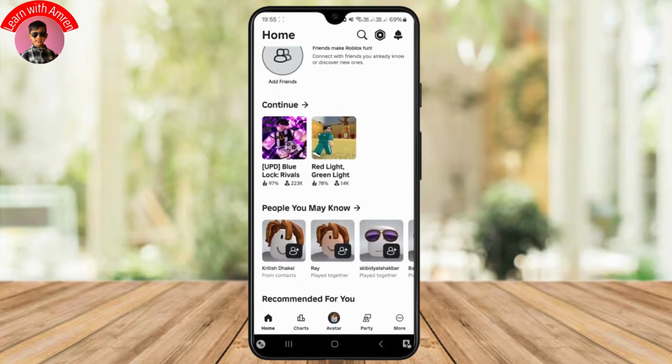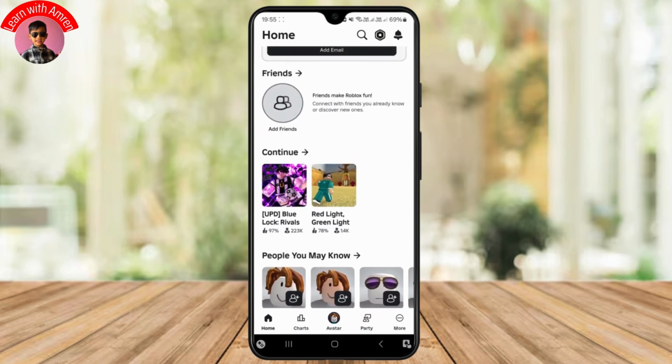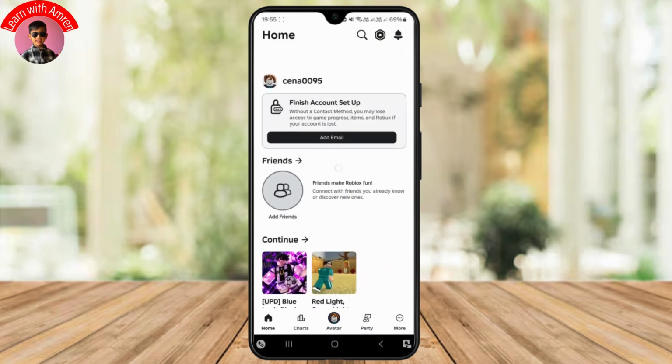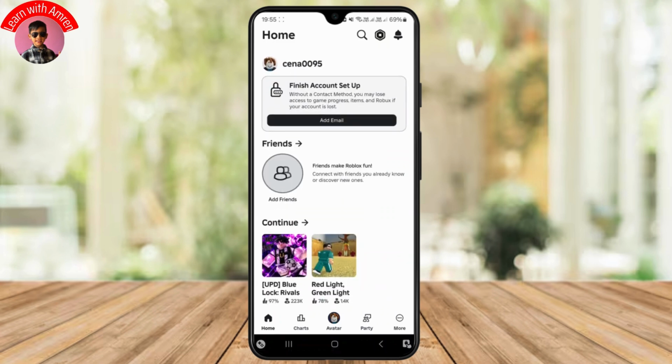In this quick tutorial I'll be showing you whether we can see if someone viewed our profile in Roblox or not. So let's find out. First thing, simply open up your Roblox application and make sure you have successfully logged